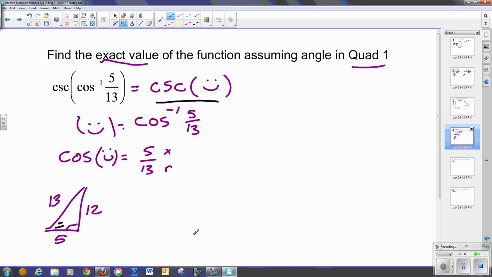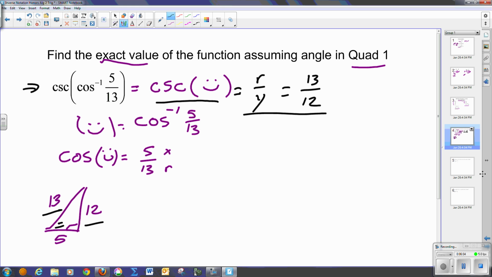Basically that's asking me for my r over my y value. Well, I have my r value, I have my y value, so I should be done. So 13/12 gives me the answer to the cosecant of the inverse cosine of 5/13, and that's an exact value,